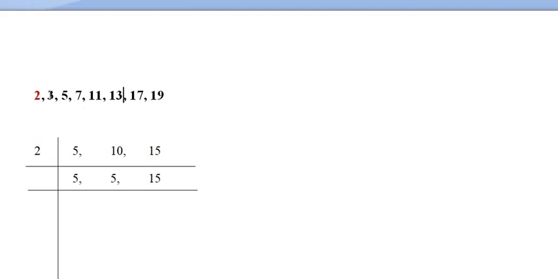Now the next number, it will be 3. So now 3 will divide all these. Okay, so you know that 5 cannot be divided by 3, so write 5 as it is, again 5 as it is, because it cannot divide perfectly. So now 3 5 times is 15. Okay, write like this, and again draw a line out here.